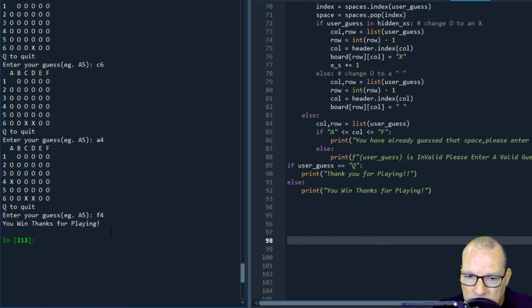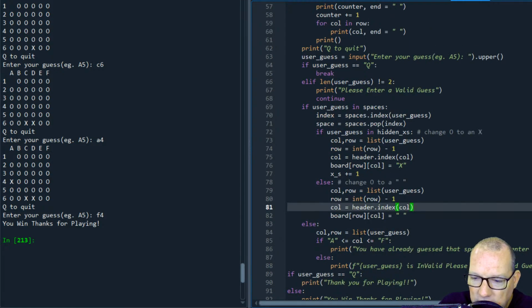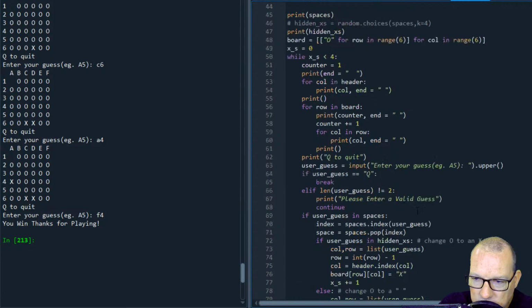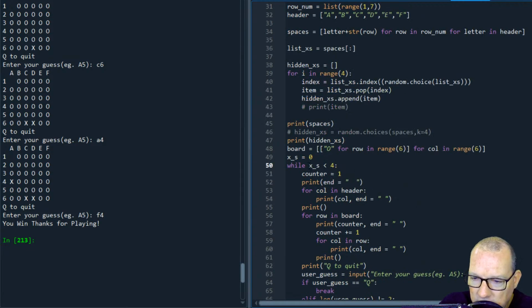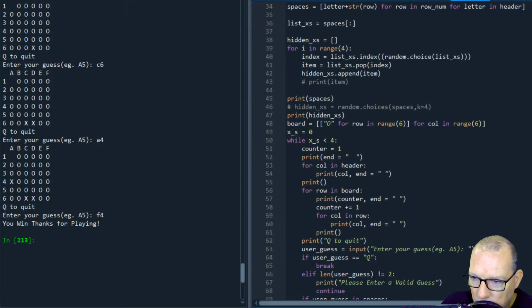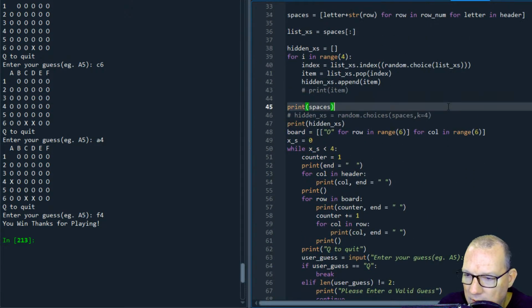All right. Awesome. So we have differentiated between quitting and winning. Awesome. Because we are doing this right here. We're incrementing before our guesses. So when we make our 4 guesses, we're incrementing up by 1 each time we get 1, and then we come up here and we break out. So now,